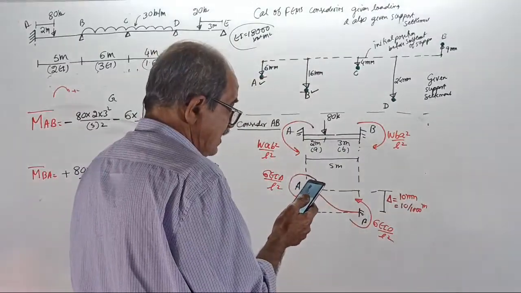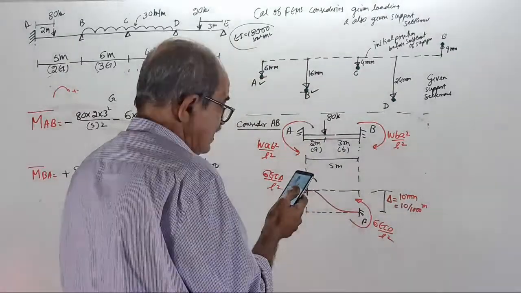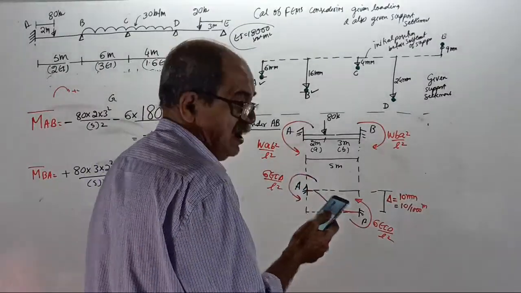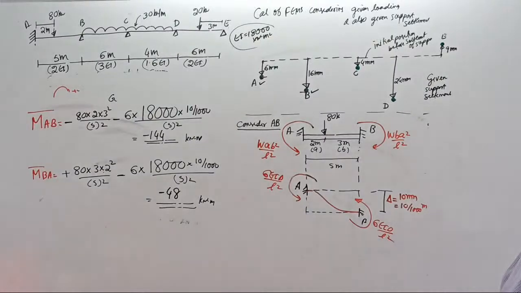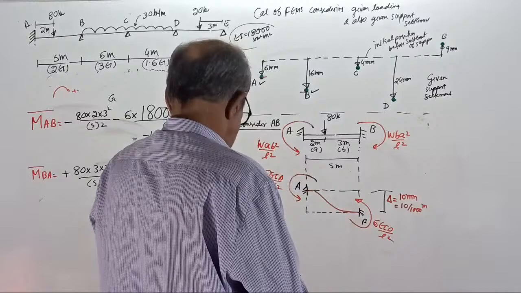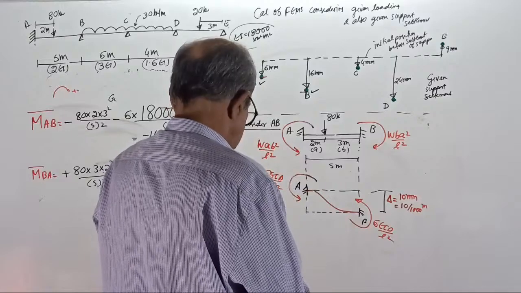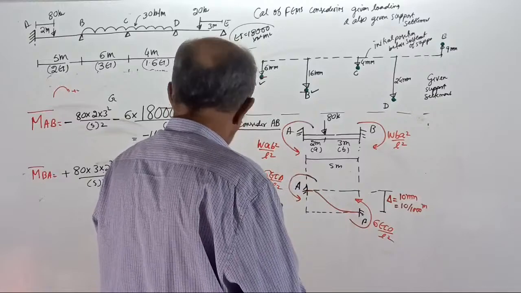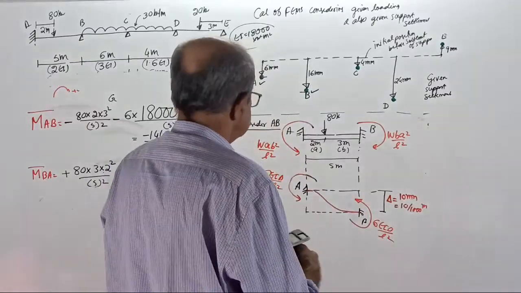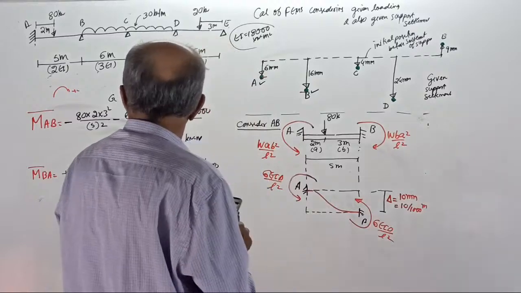Minus 87.6. Another one, 87.6. 8.4. Why? I'll check once again. Why that much problem? Square is 25. 86.4. 86.4 means